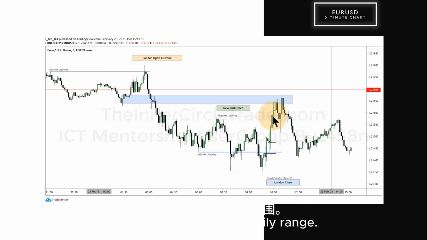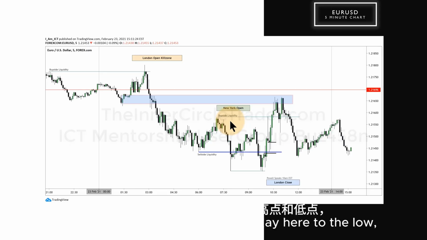You don't need the full daily range. What happens if you sold short here and took 10 pips out of that? Is that not profitable? Sure it is. What if you sold here and got down here and got 10 pips out? Is that profitable? Yes. What's wrong with that? Nothing. That's the kind of stuff I was looking for as an S&P trader. But sometimes it would be like a handle and a half, or 150 points. Now, that wouldn't mean a whole lot in money, but for the range,